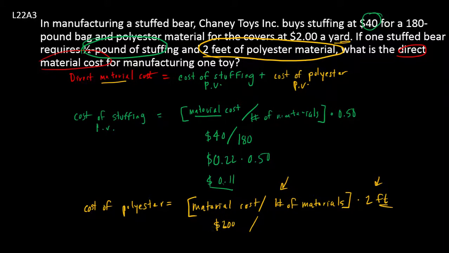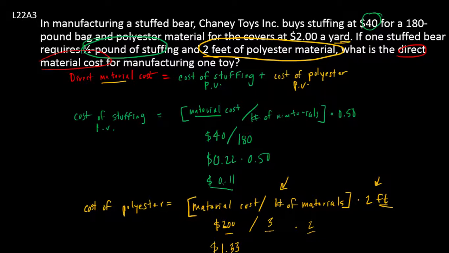I'm buying at $2 a yard, so I take $2, I divide by 3 and that's going to give me my unit price, and then I multiply by 2. So $2 divided by 3 tells me how much I'm paying per foot, multiplied by 2 tells me how much I'm paying per bear, which comes out to